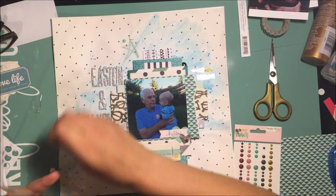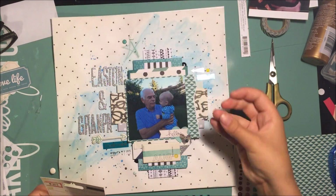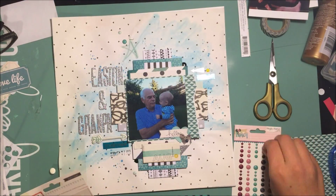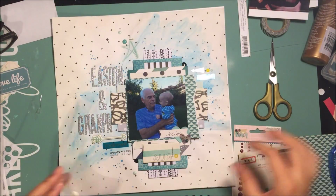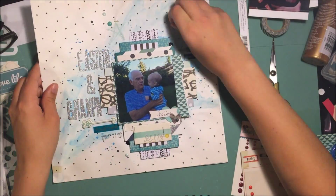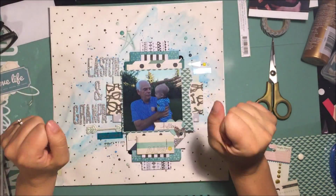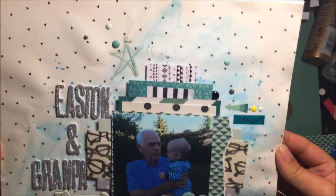I do use a ton of enamel dots on this. I have an enamel dot problem. I use so many on each layout. I go through them so fast, and honestly, if I let myself go, I would use so many more. I would just use way more enamel dots. So that is the layout, and